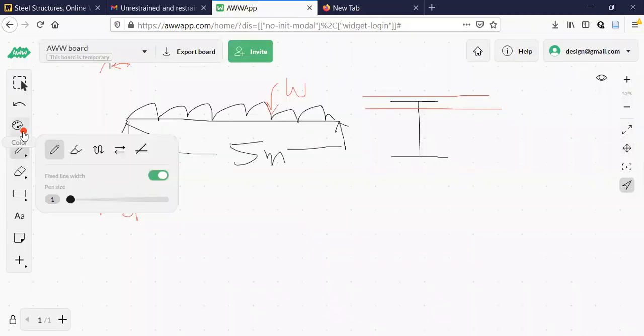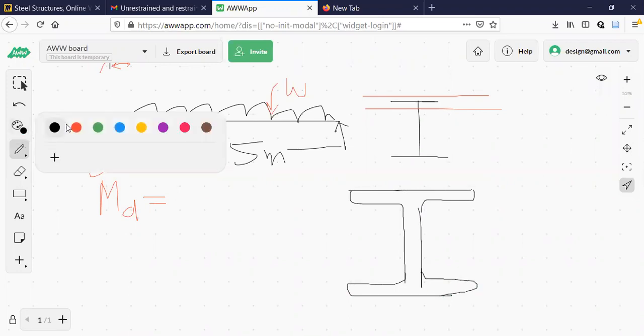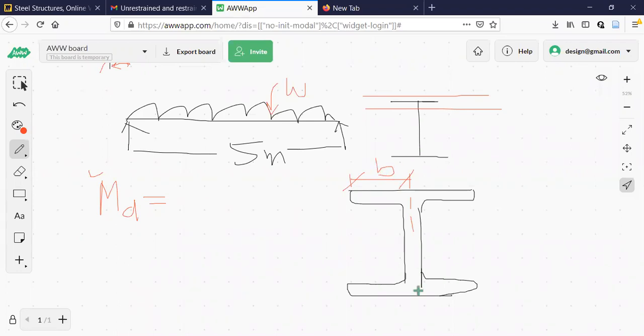Just see this. Actually, these things you should be knowing, but I don't know what is the problem. I don't know whether you know this. Otherwise, the next topic, which is an MTech topic, I would have gone directly to that. BF by 2, flange width by 2, is B. This total is BF.